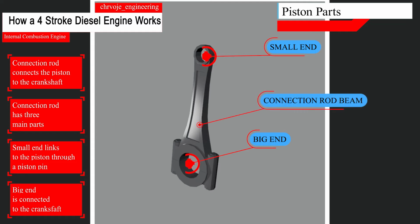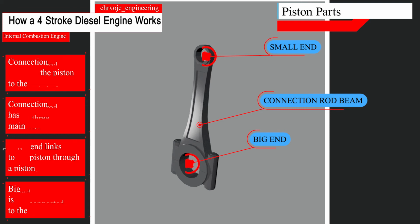Finally, connecting rod beam. This part is between the small and big end of the rod. It is usually a double T construction and may or may not contain an oil passage to convey oil to